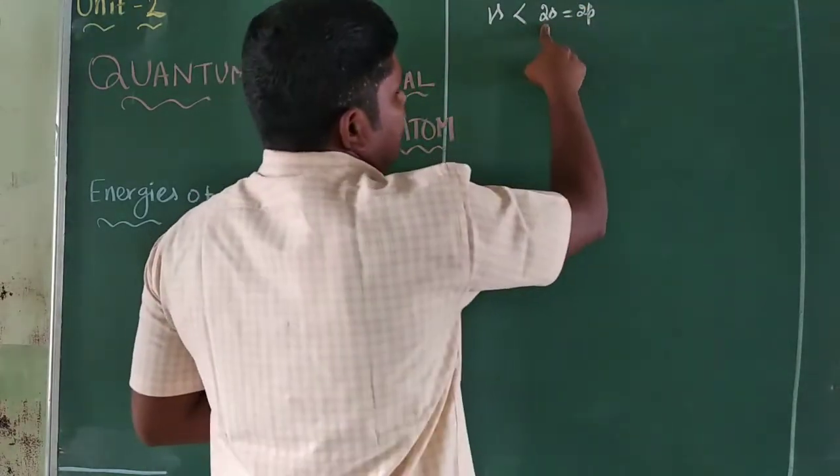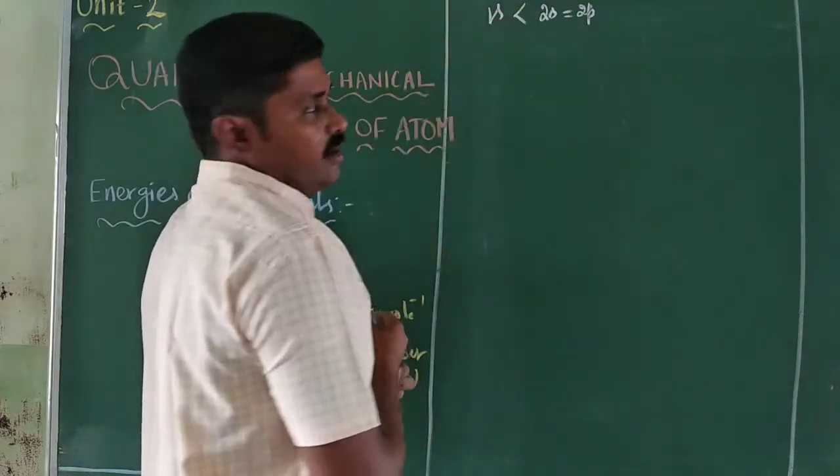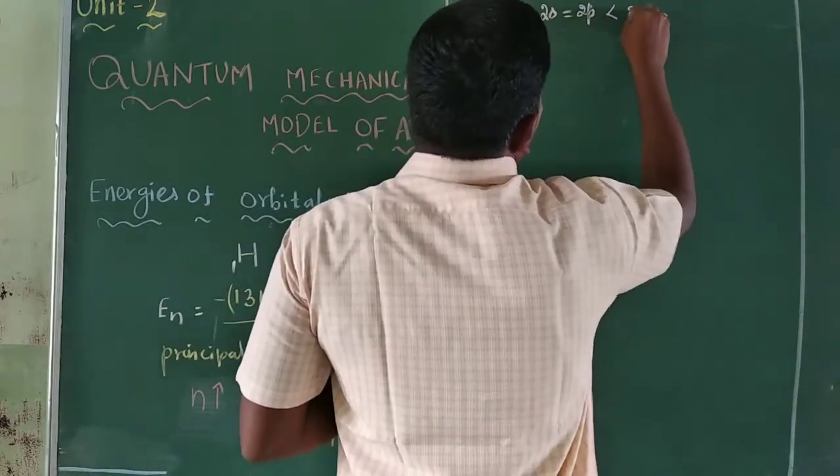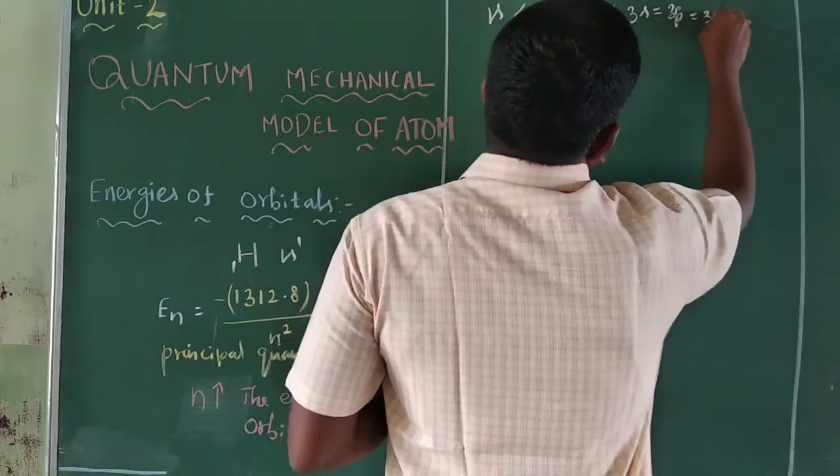The 2p orbital has more energy than the 1s orbital, and less than 3s equal to 3p equal to 3d